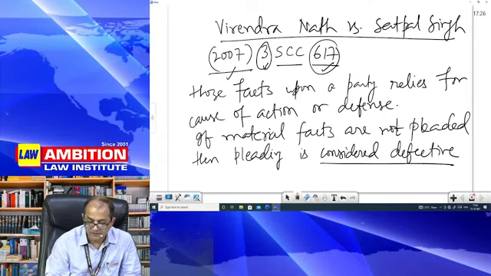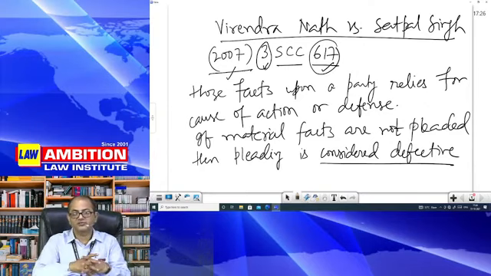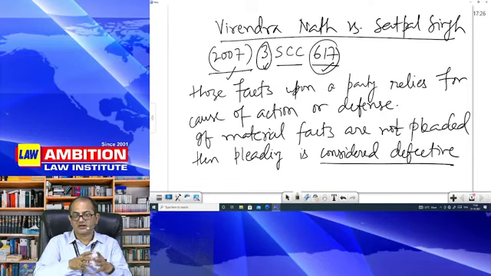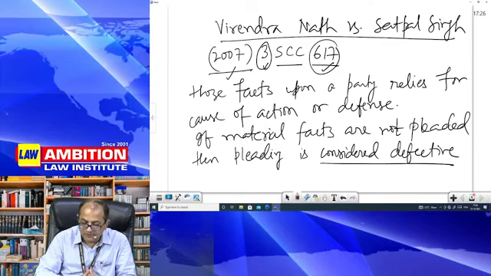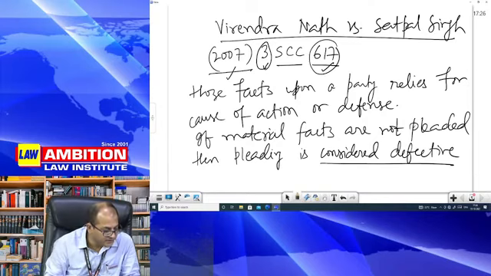Now, in such a situation, the whole purpose of this procedural law is to deliver justice. So, our approach is not of obstruction and destruction. Our approach is of construction. Our approach is of allowance. Our approach is to allow the plaintiff to bring out his case before the court for proper judgment by the court. So, what is the remedy in such a case? If there is no material fact in your pleading, then the remedy is by way of amendment of pleading. So, if you have not been able to plead this,